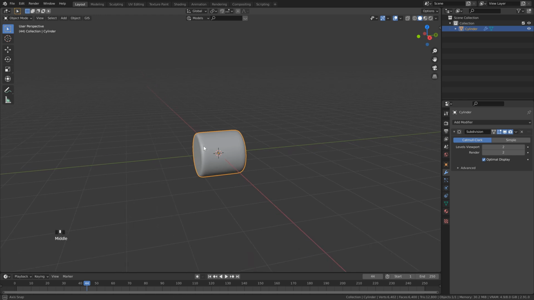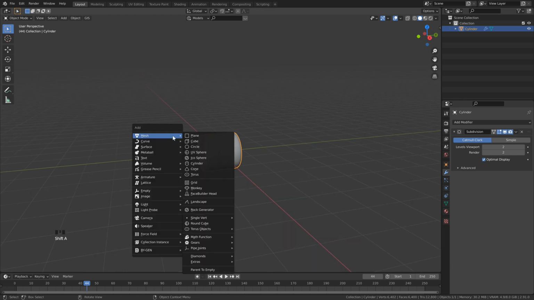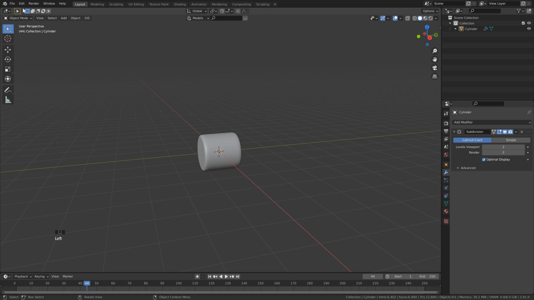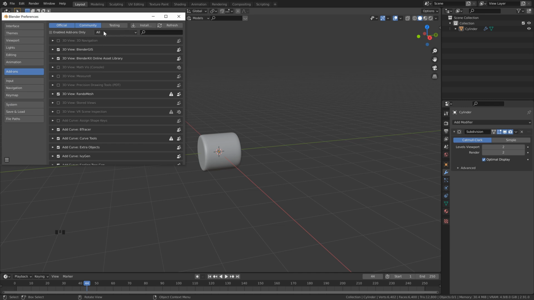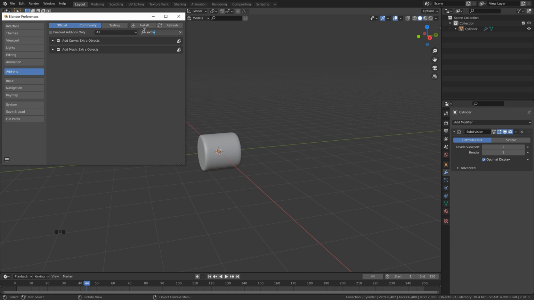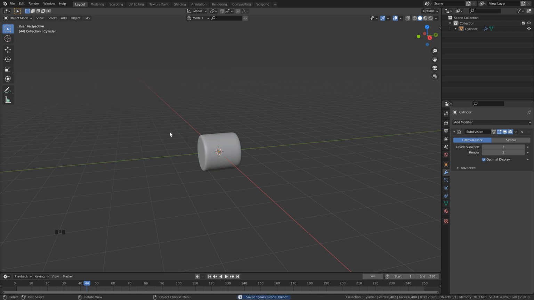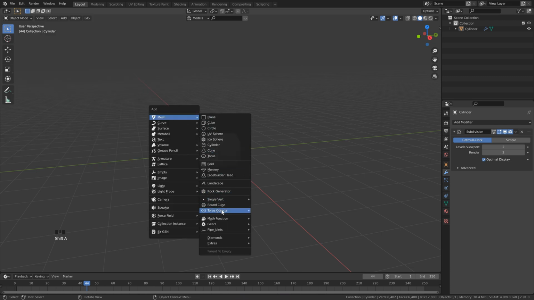So the next thing that we need to do is add in our gear. So if I hit Shift A and go to Mesh, you can see that I've got a lot of these extra options here, which you may not have. So what you can do if you don't have those is go to Edit, Preferences, then we're just going to go to Add-ons. Make sure that you've selected all. Then if you type in the word extra, you'll see that we've got this Add Curve Extra Objects and Add Mesh Extra Objects. I've got both of these set to on because I also like the options with the curve, but in this case we're just going to add mesh extra objects, so just make sure that this has a check mark beside it. Now if you hit Shift A, Mesh, you'll see that you've got all these extra options,